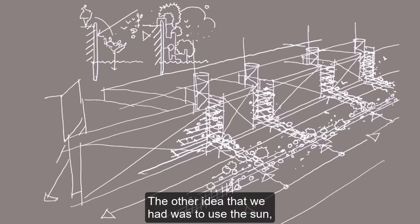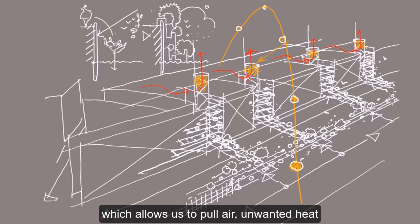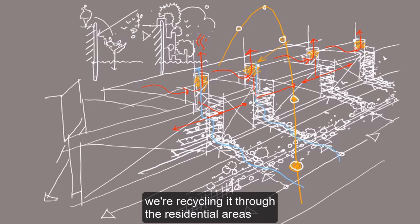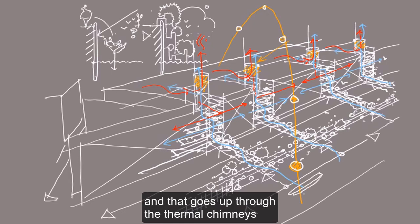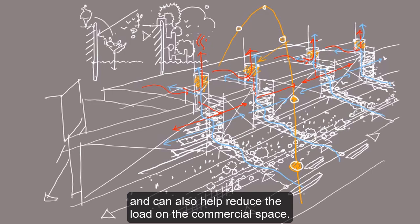The other idea we had was to use the sun, and obviously that connects us back to these thermal chimneys. It heats up and creates an updraft, which allows us to pull air, unwanted heat, from the commercial area, and instead of evacuating it out, we're recycling it through the residential areas when required. At the same time, we're pulling cooler air off the water, which is the blue there, and that goes up through the thermal chimneys, but at the same time can cool the residential and can also help reduce the load